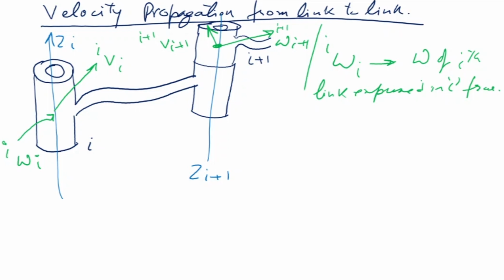Basically what we are seeing is that the velocity of the previous link is omega i and v i, and the velocity of the next link is omega i plus 1 and v i plus 1, and there is a distance between these two. Let's say the distance is given by p i, i plus 1. That's the distance between the two origins. Now we want to find out how the velocities propagate from one link to another. What will be the velocity of the next link? The velocity of the next link will be its own velocity plus the velocity coming from the previous link. Let me explain this a little bit.